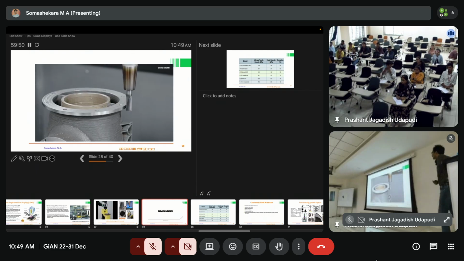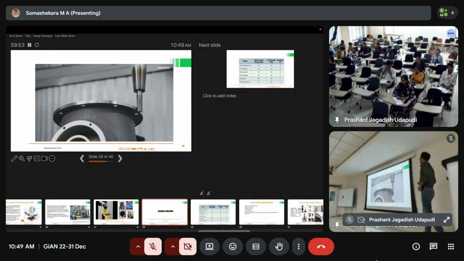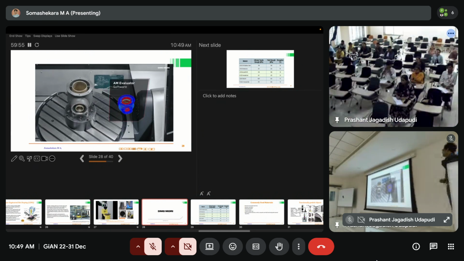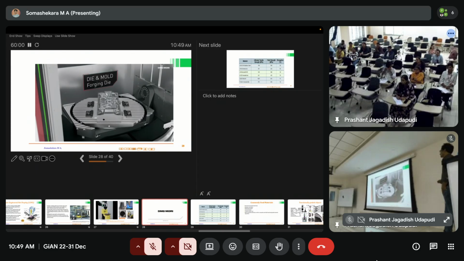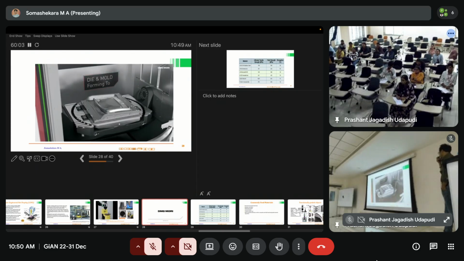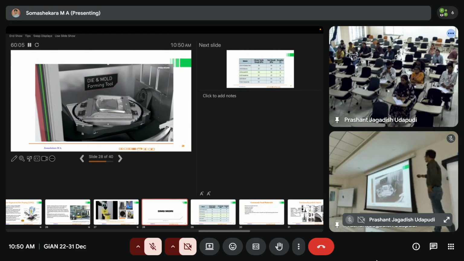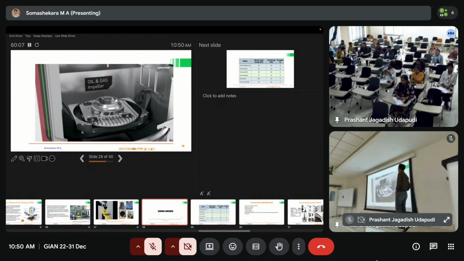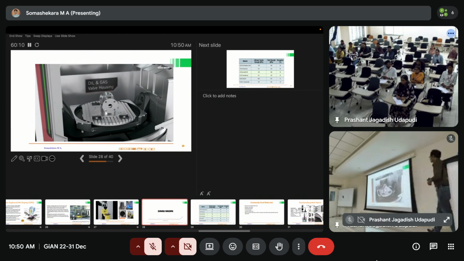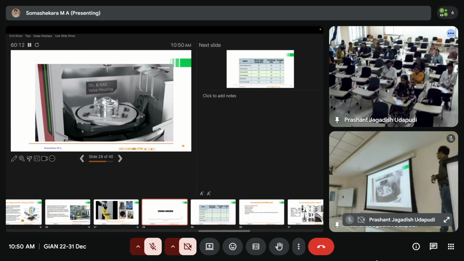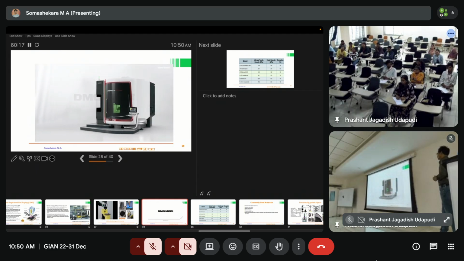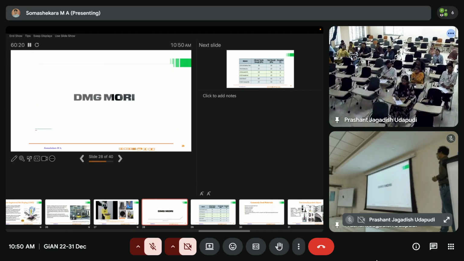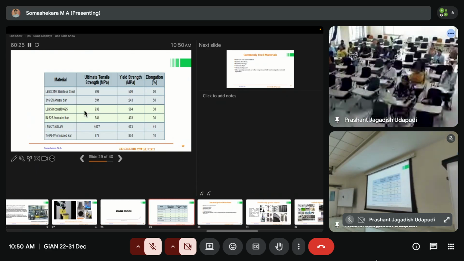Now you can also do the hybrid, which is machining. Now you can see after machining how the components are looking. So yeah, so I think even they have done some of